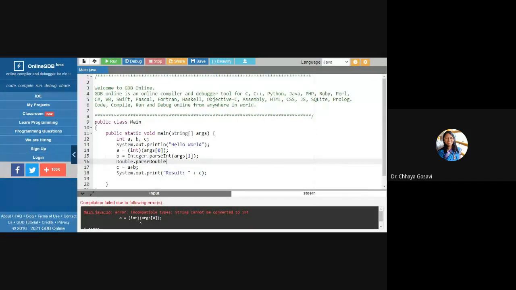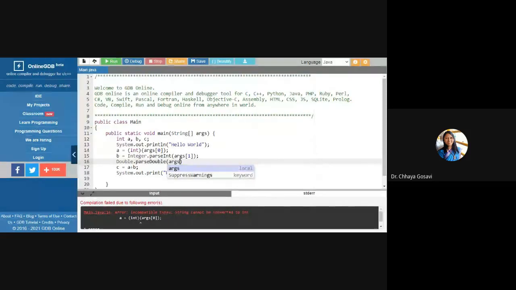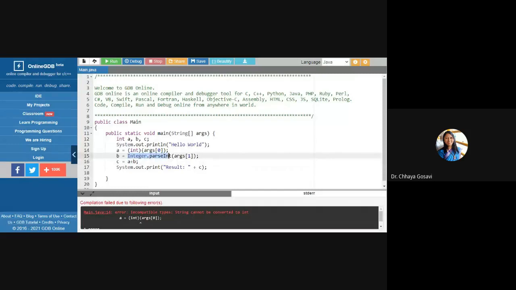So this command is used to convert the argument into a double value, whatever the arguments that you want. Not necessarily only command line arguments, but in general, if you are accepting a string from user and you want to convert it into numerical value, then you need Integer.parseInt, or Double.parseDouble, or Float.parseFloat, these functions.